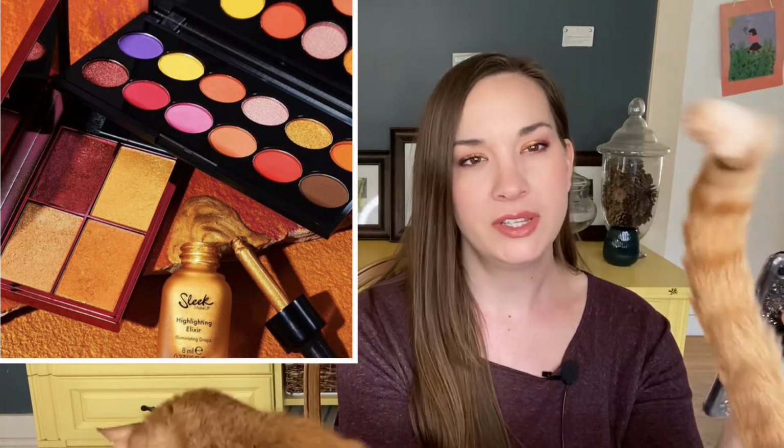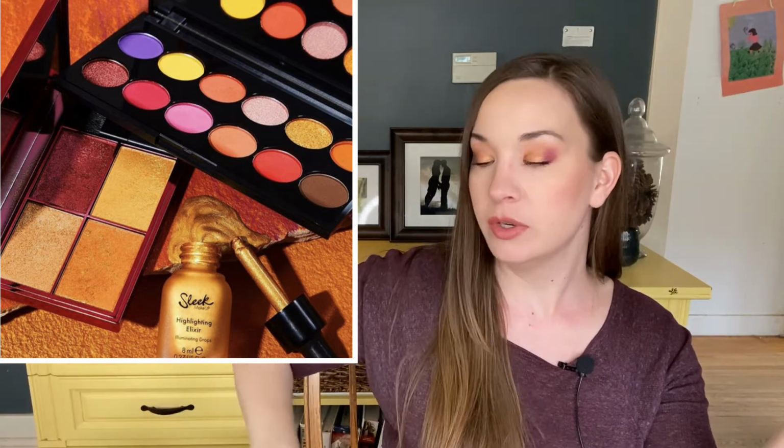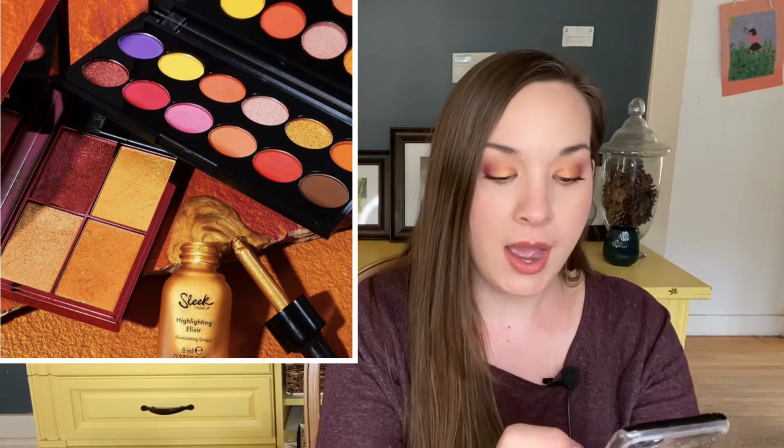Bananas is here once again. It's chow time and he knows it, and he would like to be fed, but he's going to leave me now. Anyway,